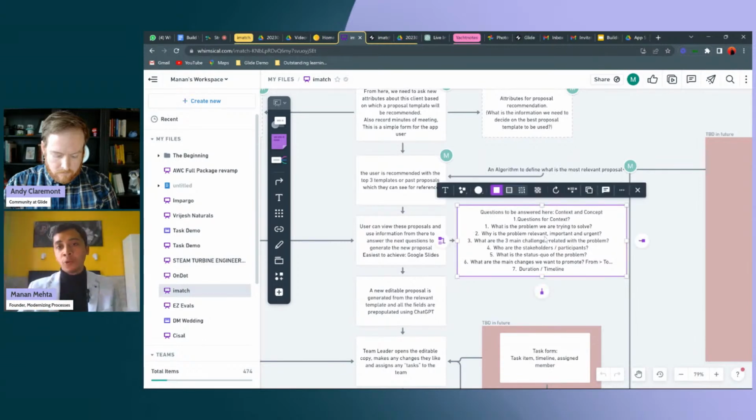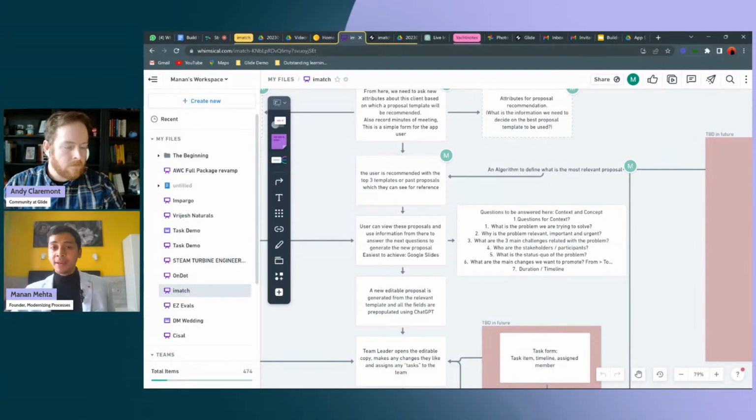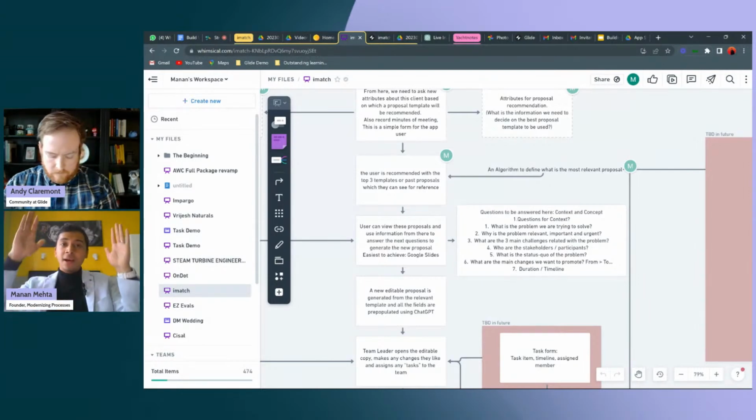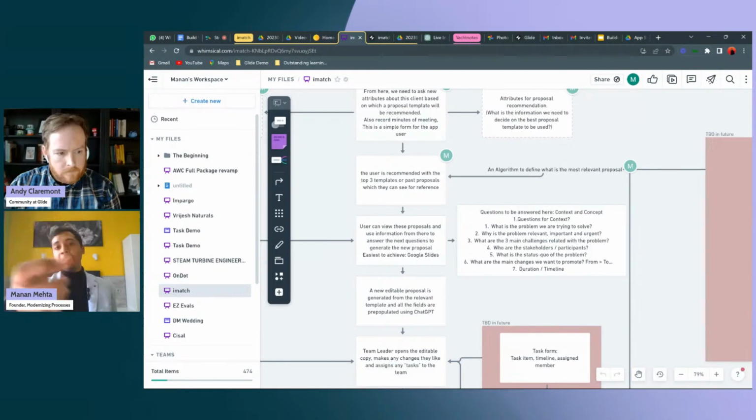Over here, there are a few more questions that they have to answer, like questions for context, etc. As soon as all these questions are answered, this whole information is sent to ChatGPT through Glide's OpenAI integration. ChatGPT responds with a complete proposal. In this scenario, we are sending a prompt which already has some information from past proposals, so a reference point is given. ChatGPT responds with an ideal proposal. We capture all the information back on the app and then create a Google slide deck.